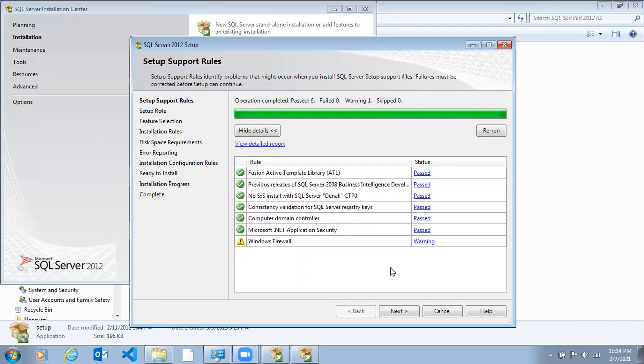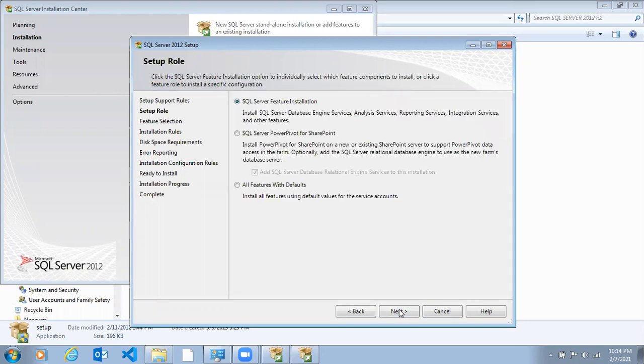So what I did is I paused the recording and restarted it. Now I am just clicking on next. Here I'm checking SQL Server feature installation, which will cover SQL Server database engine services, analysis, reporting, and integration services.